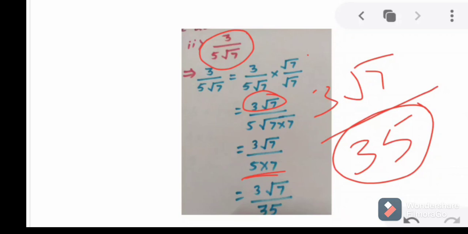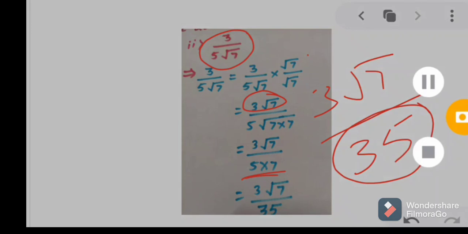Numerator is 3 root 7 and denominator becomes 35. 5 root 7 is an irrational number that gets converted to 35 as a rational number. Hence this is the rationalization, the denominator gets rationalized here. Okay. So in this way our